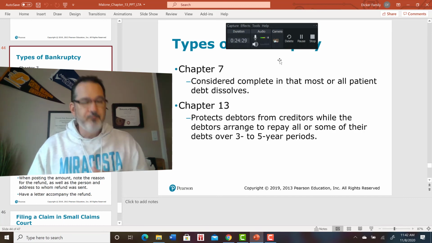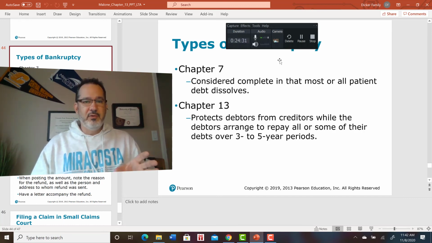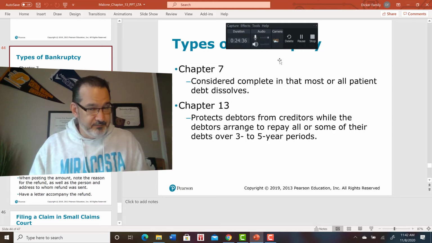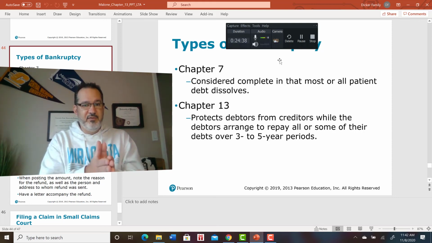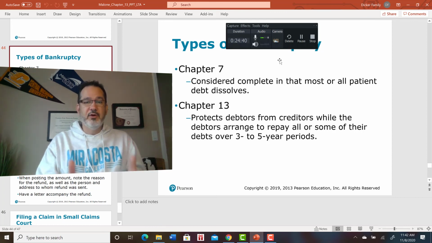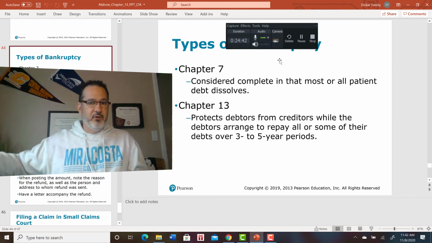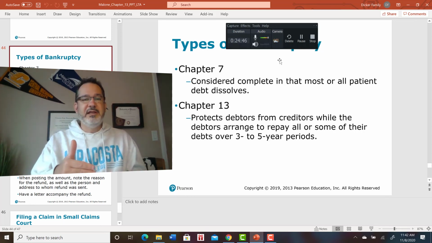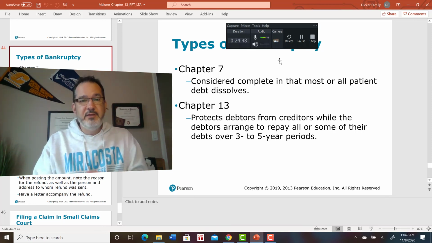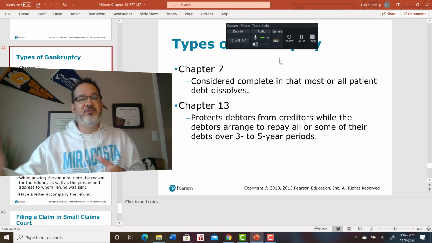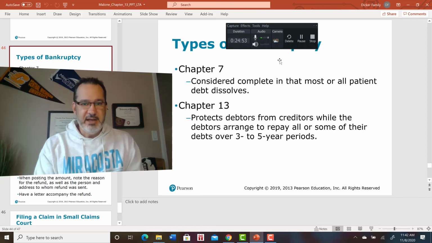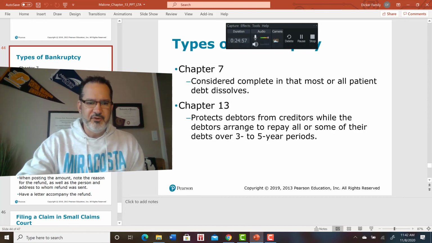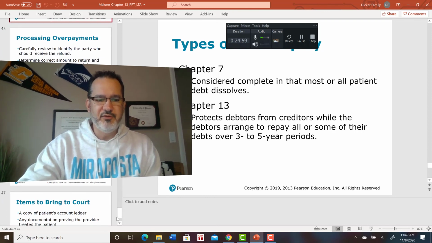Typically, though, usually they'll let you get rid of about 85 to 90% of your debt. So then you have 10% of the total debt left over, and you have to pay all of those creditors. And normally you don't pay them individually. You'll pay a trustee, and that trustee will divvy out the money. Okay. So those are the two types of bankruptcies that you'll see, personal bankruptcies from patients.